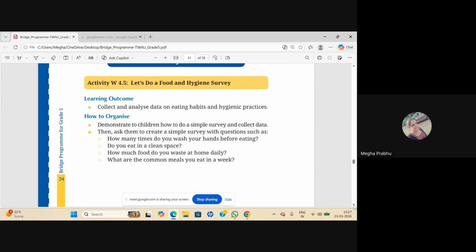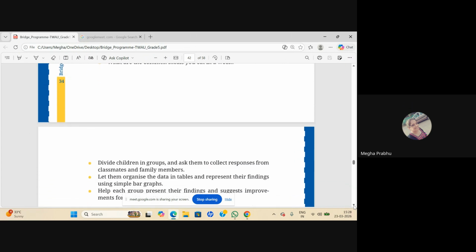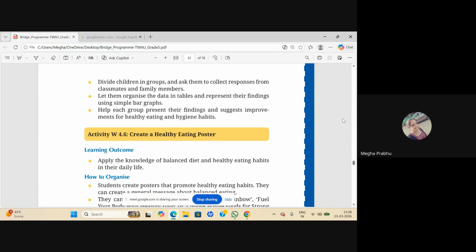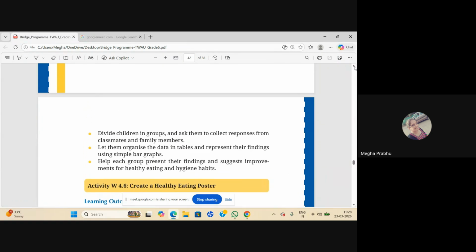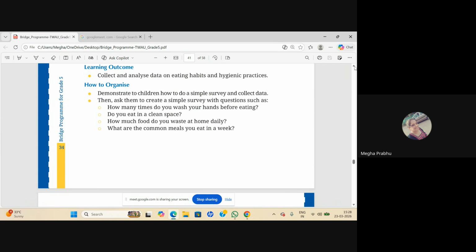Next activity is about, let's do a food and health hygiene survey. In this, demonstrate to the children how to do a simple survey, collect the data, and organize it into a bar graph. Okay, so the collection can be done over here by asking questions to the children, a certain number of questions, and then convert it into a bar graph or a pie graph and have a healthy discussion on it,